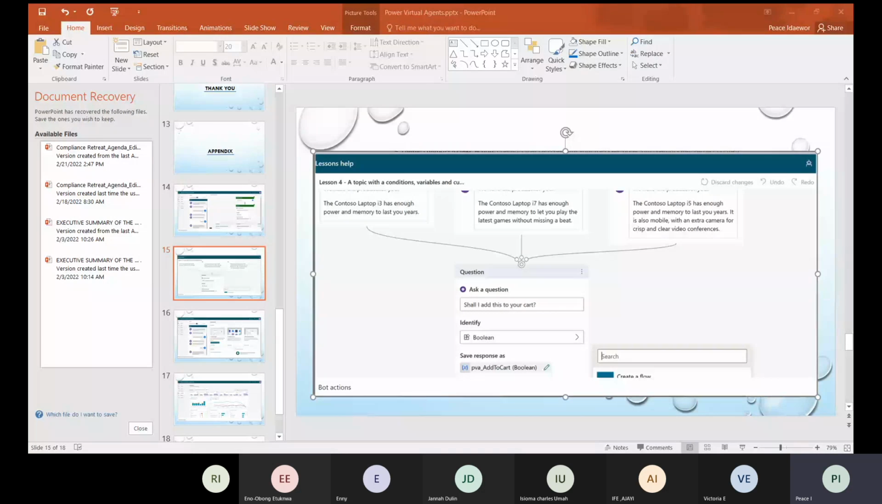Okay, so can you see my screen now where I have Power Virtual Agents? Yes, I can see it. I can see your slide. All right, thank you very much. All right, so